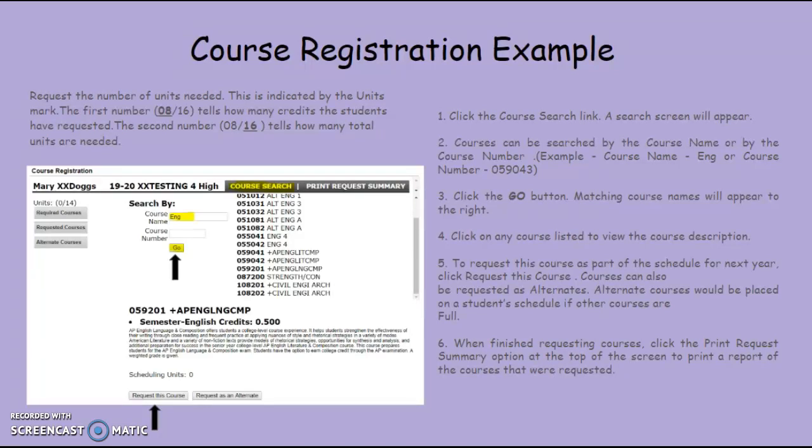Step 1. Click the course search link. A search screen will appear. Step 2. Courses can be searched by the course name or by the course number. Example, course name, English, or course number